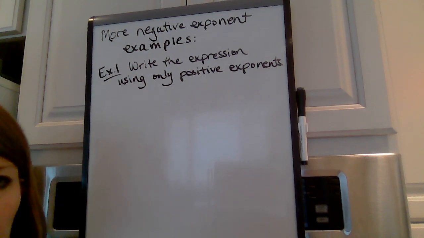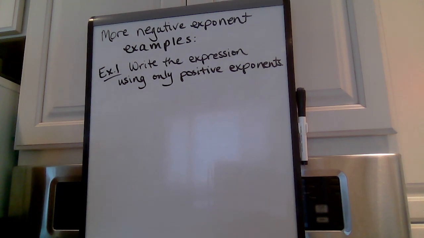Hi there, I thought it'd be good to give you a few more negative exponent examples, just to give you an opportunity to work more with them. So example one is going to have several parts to it, but the same directions. And the directions are write the expression using only positive exponents. And again, the exponent only affects what it's next to, so that's something to just kind of file away as you're working on these. So part A,